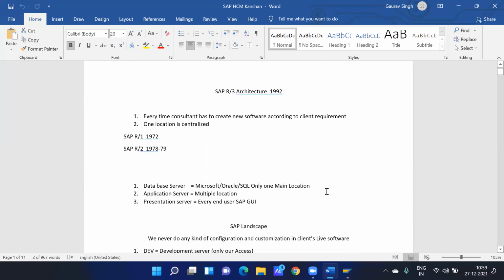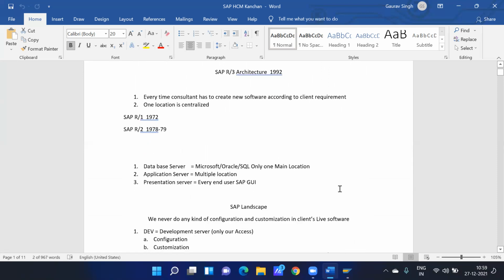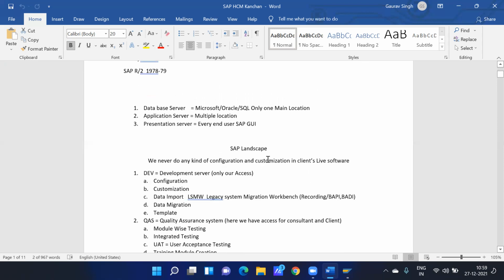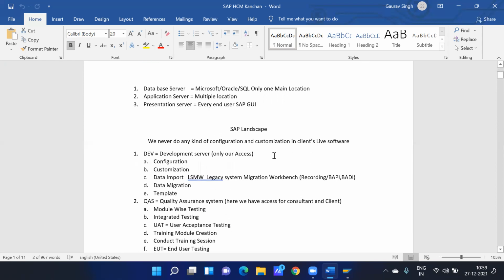going as a functional consultant, and the functional consultant is the first point for the client. They don't know who is the ABAP consultant, who is the basis consultant, who is the functional consultant. So they will ask you how SAP software works, how their data is secured. You must be aware of each and every thing so you can answer. You can't say that I am not the authorized person and somebody else will come and give you the answer. So please go through the SAP landscape and SAP R3 architecture at a basic level.